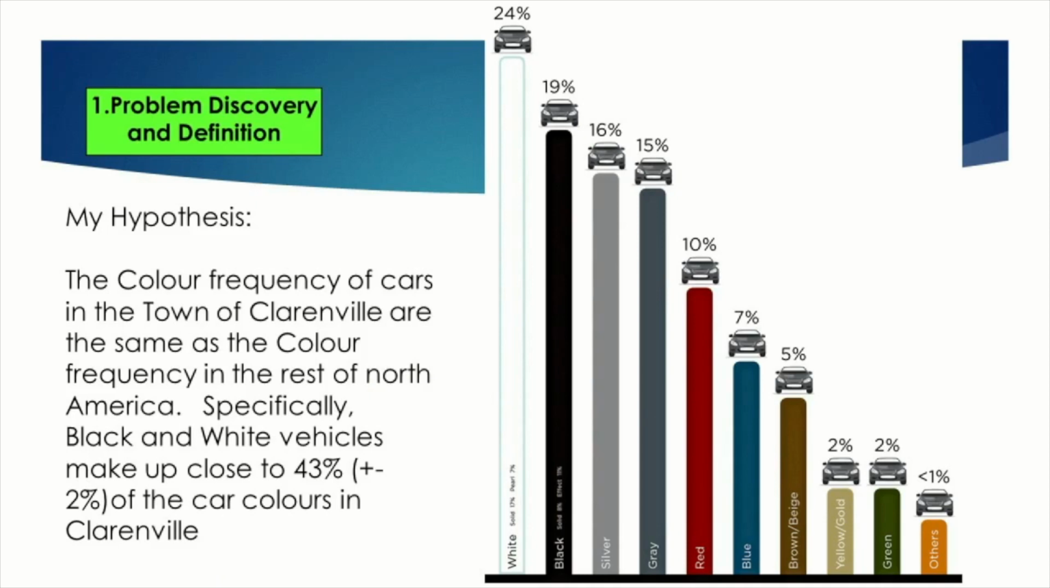And in order to be able to make it measurable, we need to be very specific with regards to our hypothesis. So what I've done is I've created a hypothesis here, and effectively my hypothesis says the color frequency of cars in the town of Clarenville is the same as the color frequency in the rest of North America. More specifically, black and white vehicles make up close to 43%, plus or minus 2%, of the car colors in Clarenville. So again, I have set a standard there that is measurable, and it's very important that you do that